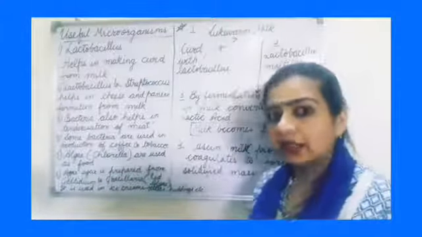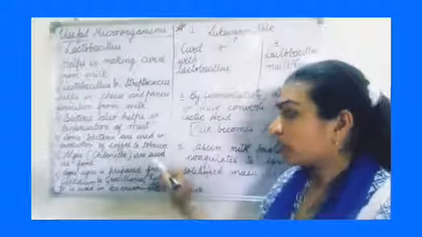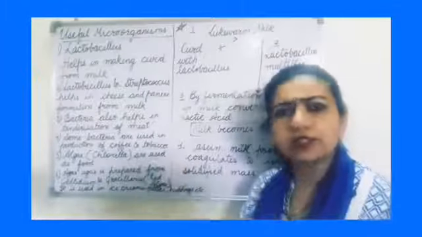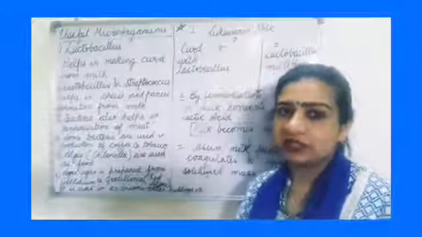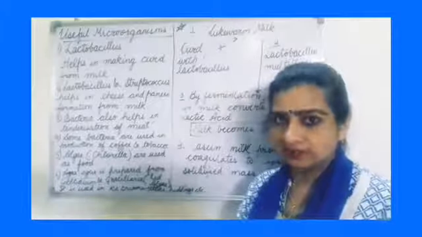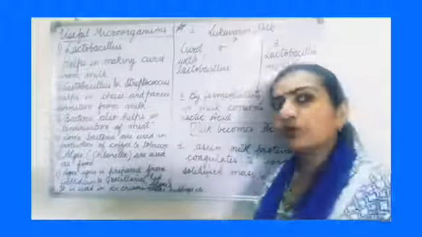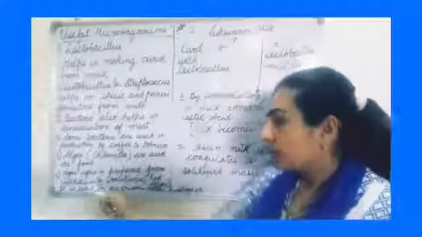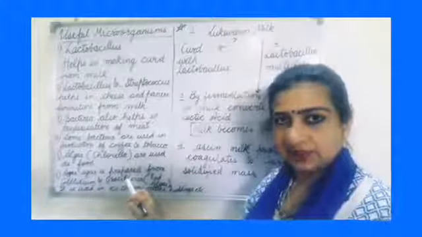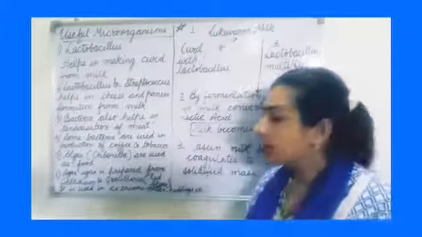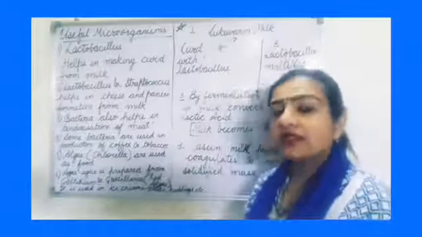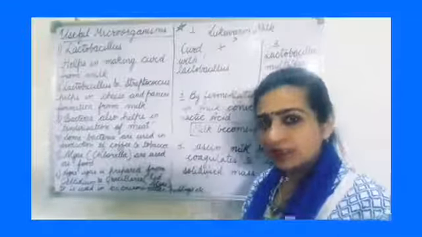There are certain algae, for example chlorella, which are used as food. Why are they used as food? Because these algae are highly rich in proteins and minerals. Again, one more use of certain red algae like Gelidium and Gracilaria. These red algae help in the formation of a jelly-like substance known as agar-agar. This agar-agar is used in the formation of ice creams, some kinds of jellies, puddings, etc.